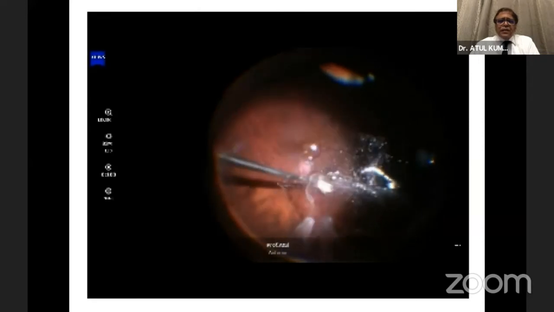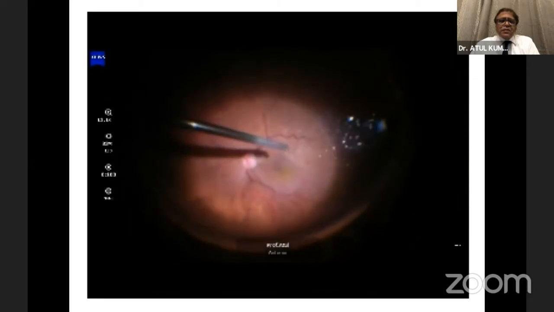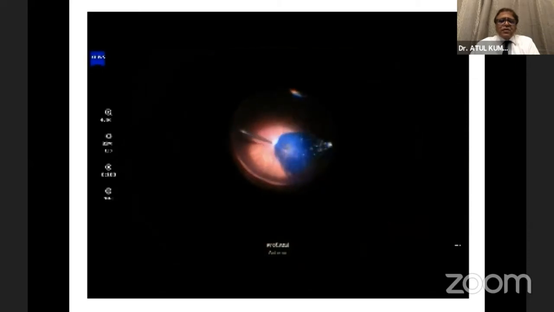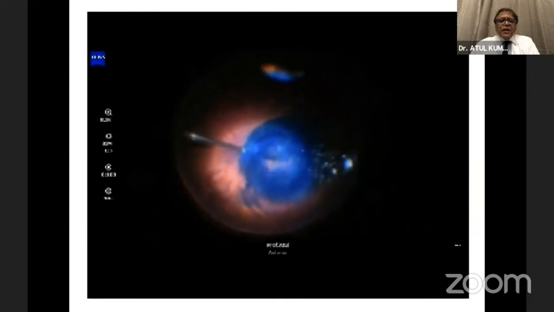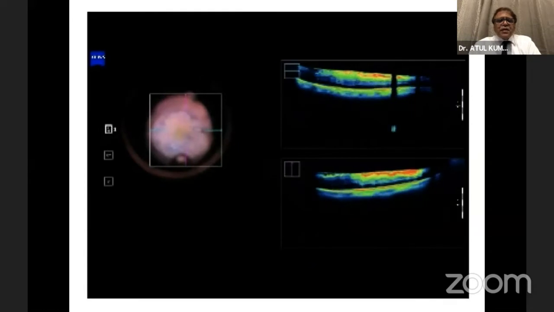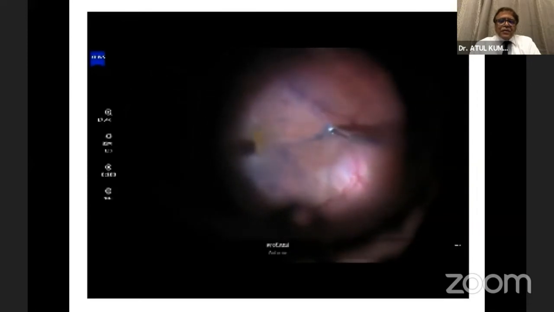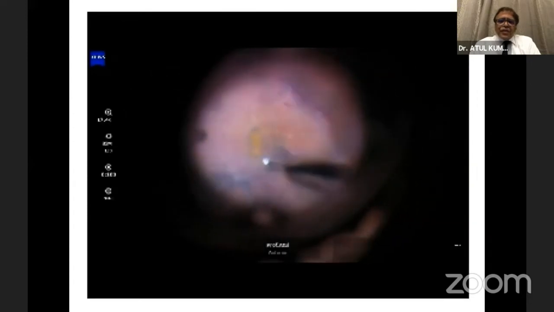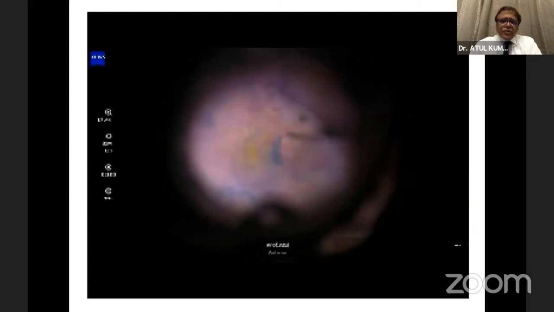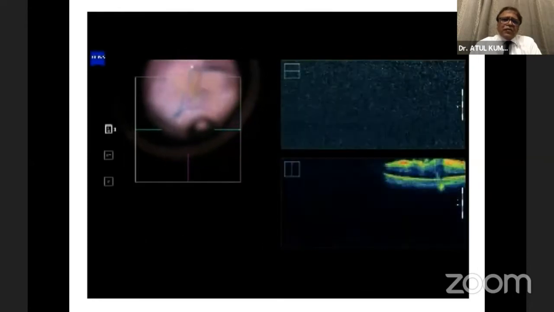Again we used triamcinolone to induce PVD. Besides PVD induction, which is the first most important step, you then score some brilliant blue G dye. The epiretinal membrane will not stain, but of course the background ILM will stain. So once you get negative staining, the red color is actually the membrane. All these videos have been converted to MP4, so on the slide you can see that the thick ERM has been removed and some part of the ILM does come off with it.